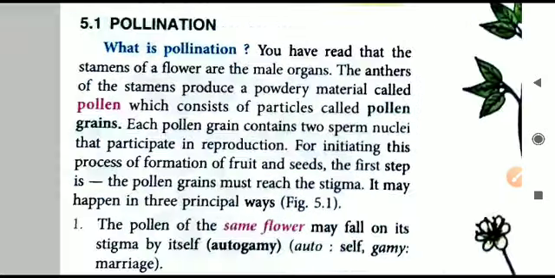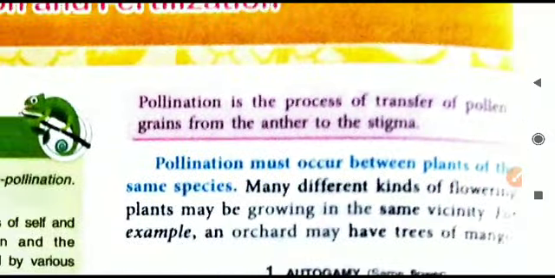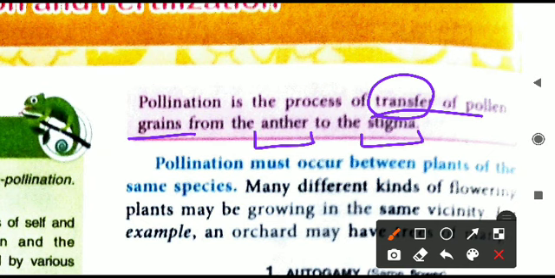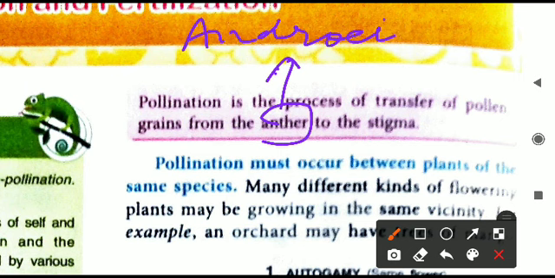So what is pollination? First we will go through the definition that is given here. It is the process of the transfer of the pollen grains. Yes, the exact word is transfer. It is just the transfer. It is not about reproduction taking place, that we will see in the later part about fertilization. This is just the transfer only. The pollen grains will transfer from the anther to the stigma. Let me write here, anther is present on the androecium, that is the male part.